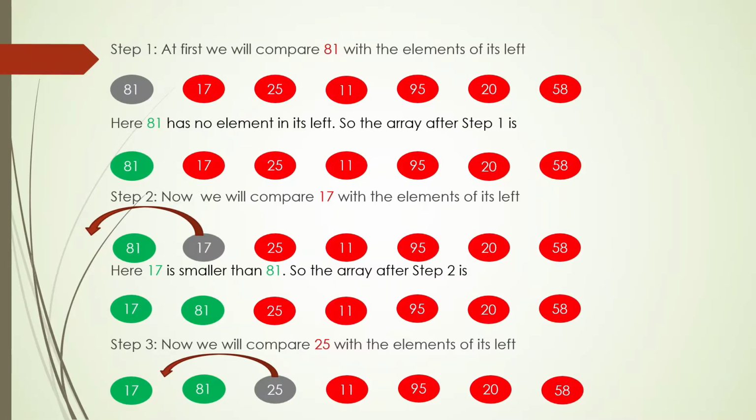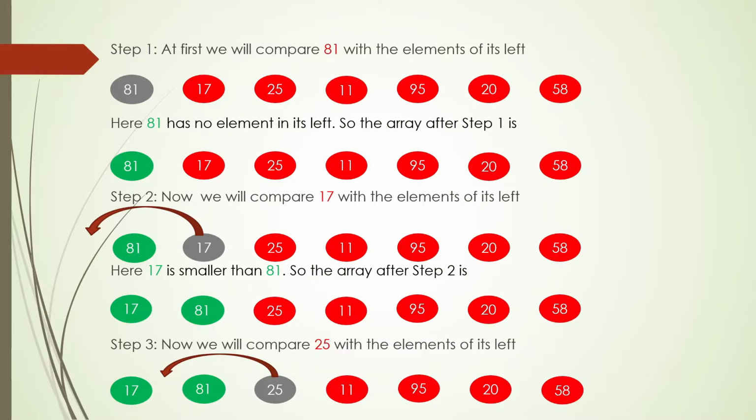Let's try to understand the insertion sort algorithm step by step. Step 1. At first, we will compare 81 with all the elements of its left. Here 81 has no elements in its left, so the array after step 1 is 81, 17, 25, 11, 95, 20 and 58. In step 2, now we'll compare 17 with all the elements of its left. Here 17 is smaller than 81, so the array after step 2 is 17, 81, 25, 11, 95, 20 and